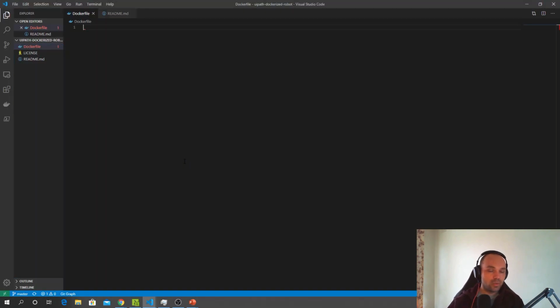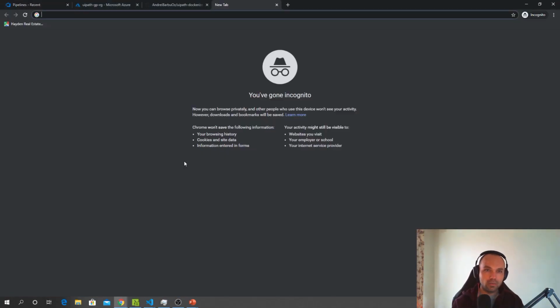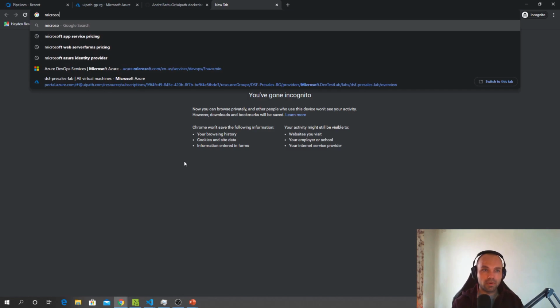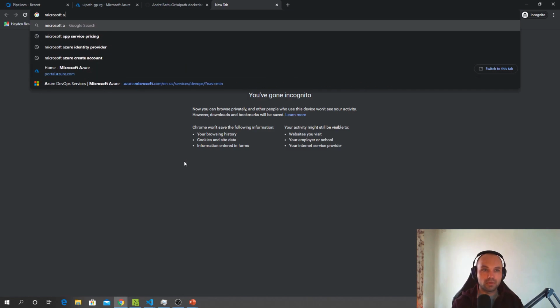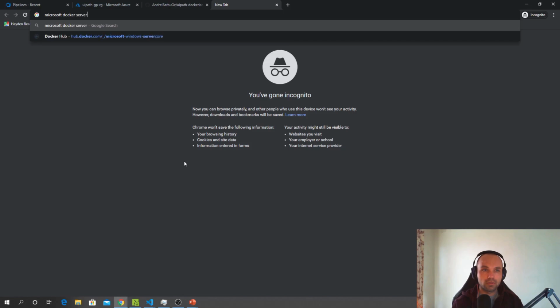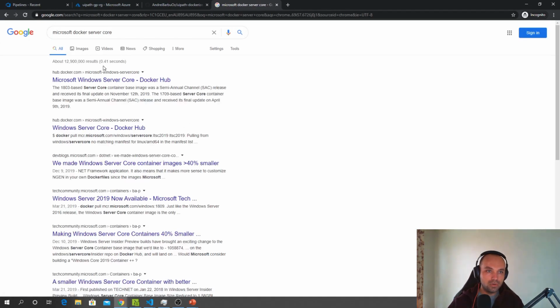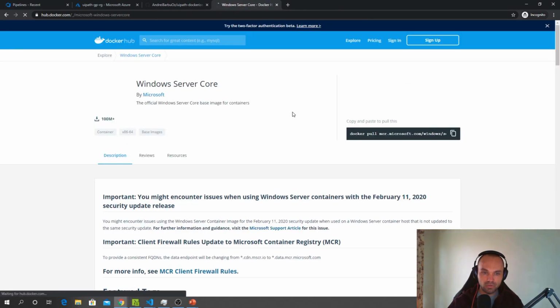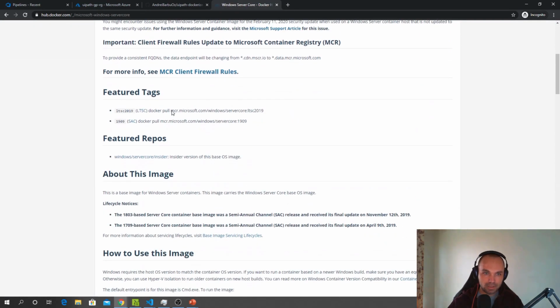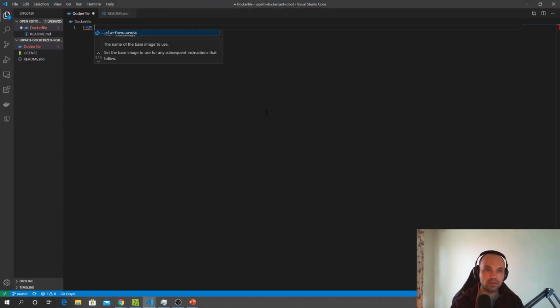So we will start with an image. Obviously, it's going to be a Windows image. So we will start with Windows Server Core as the base Docker image. And let's see, we have Microsoft. We're going to be looking for the latest image, and this is it. And we'll start from that. So from